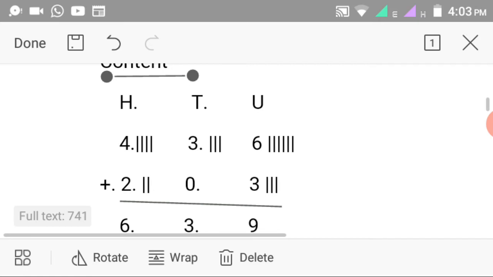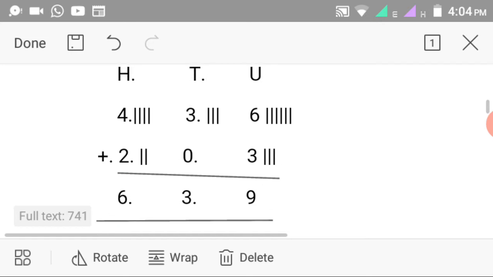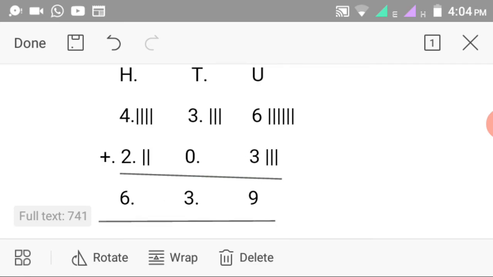Now, we are going to start with the addition sign first. When you want to work on hundred, tens, and units, always remember to put the sign, be it plus or minus sign. Now, I'm going to write my letter H for 100, my letter T for tens, and my letter U for units. Now, I'm going to write 4 hundreds, 3 tens, 6 units. And I will come back and put my plus sign.